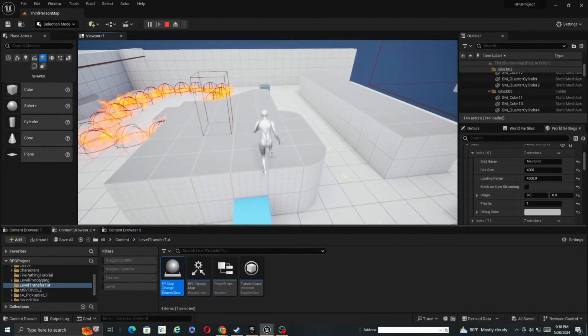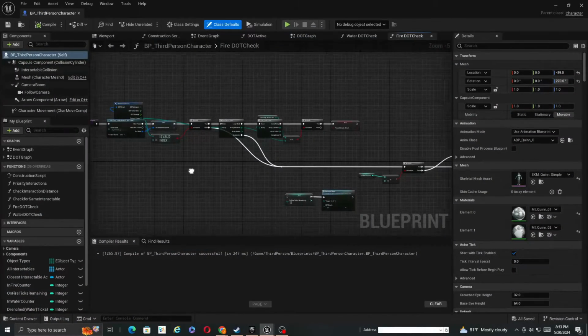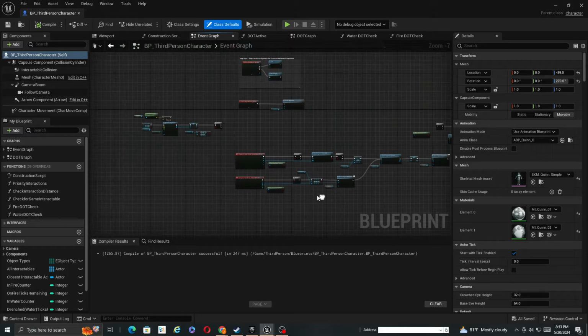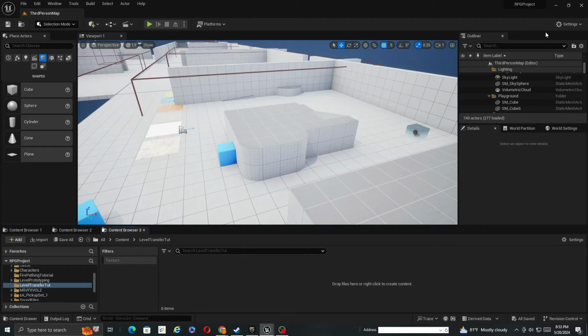All right, let's go ahead and get into it. First off, I already have my third person character open. We're gonna need whatever your player character is, and then the second thing is, by default, there is something called